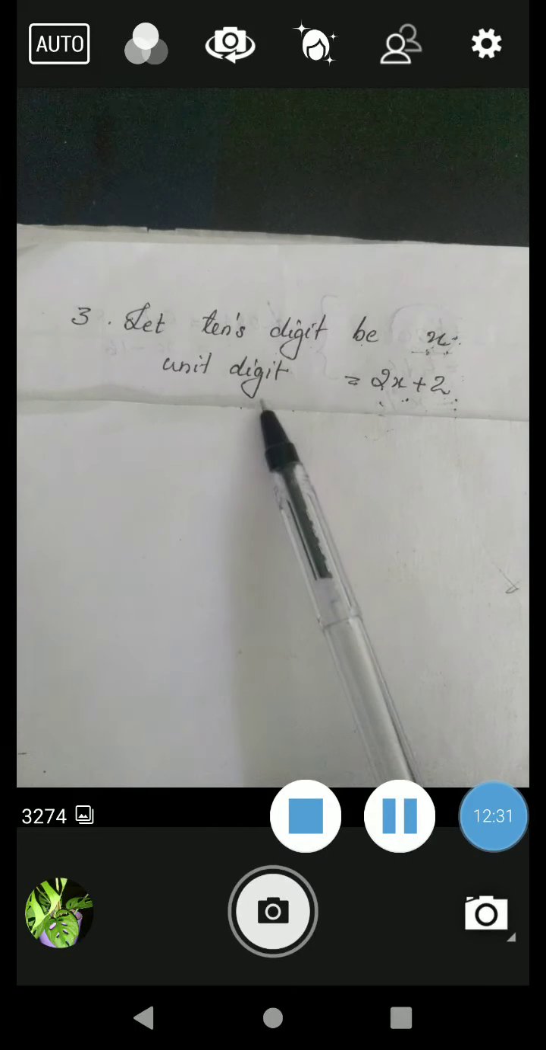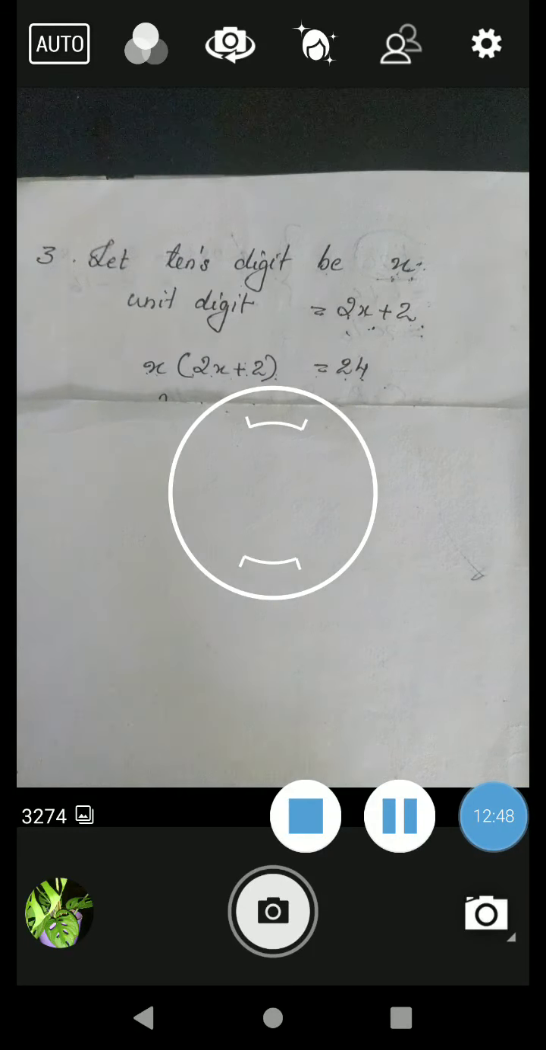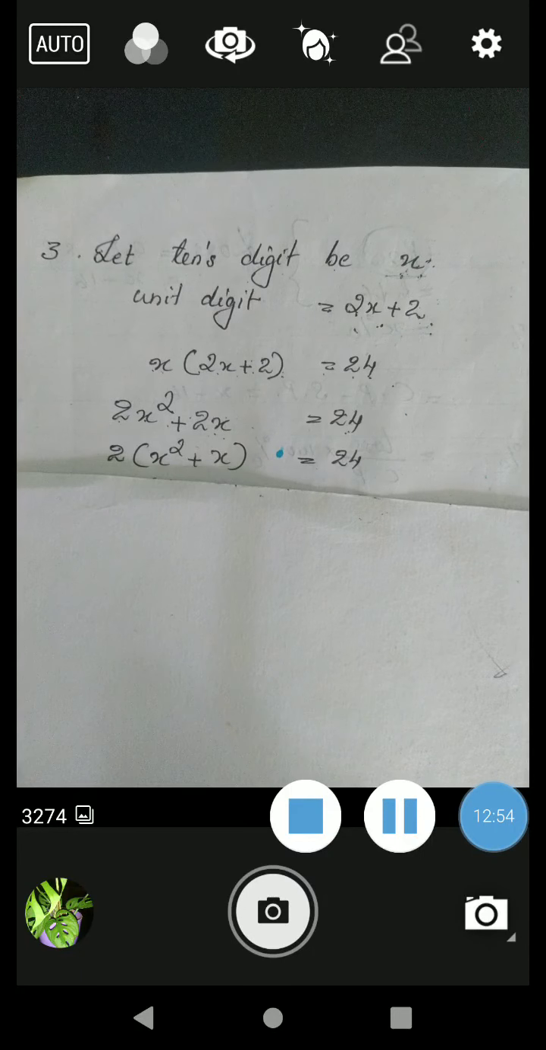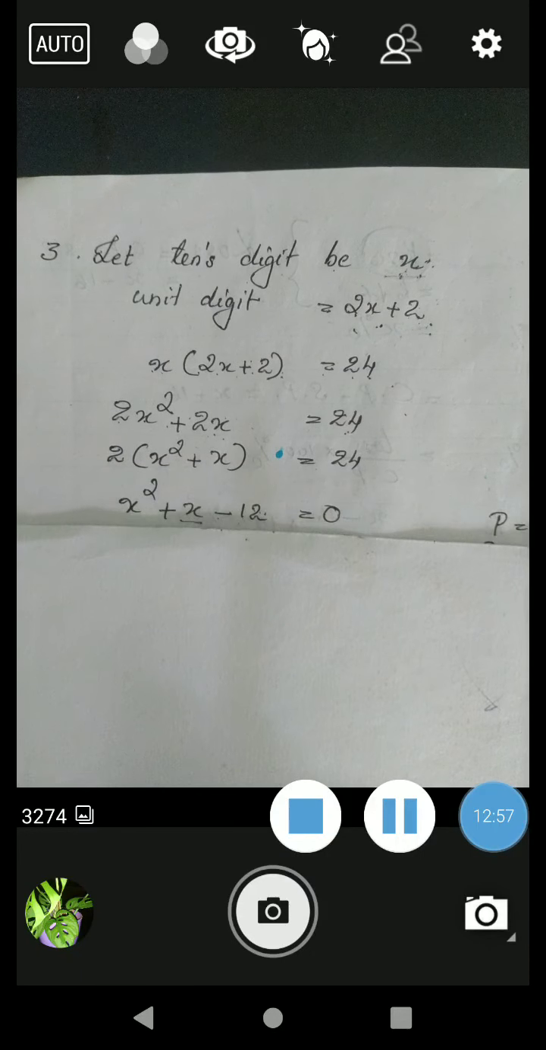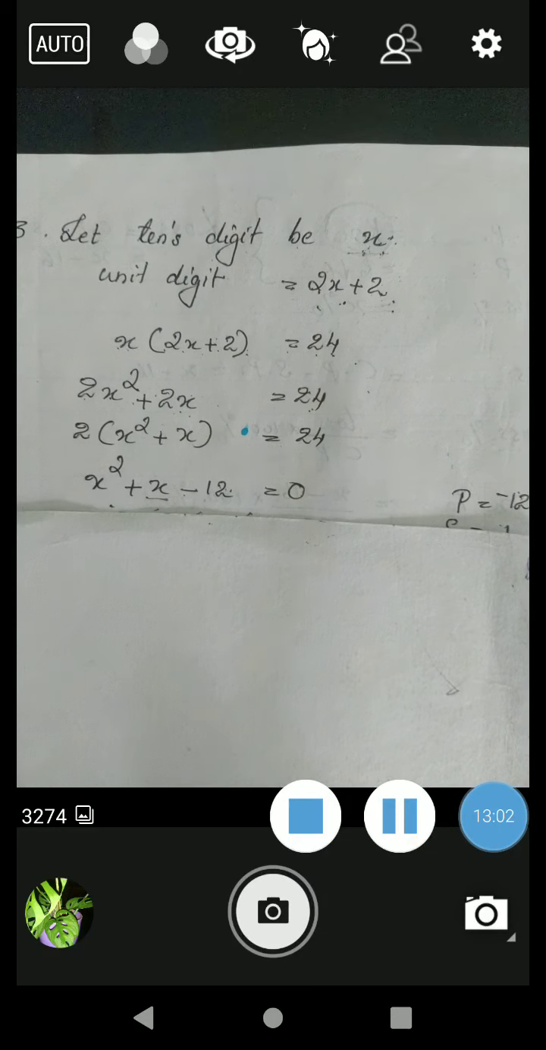Therefore, let's consider the tens digit be x, and the relation between unit digit and tens digit is that the unit digit is 2x plus 2. And one thing is given, the product of these two digits is 24. Therefore, write the product of these two, that is x into 2x plus 2 equal to 24. Open this bracket. 2x square plus 2x is equal to 24. You can take 2 outside,